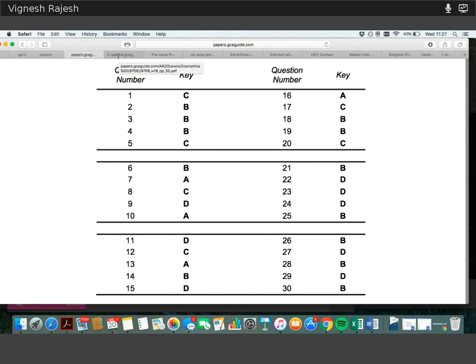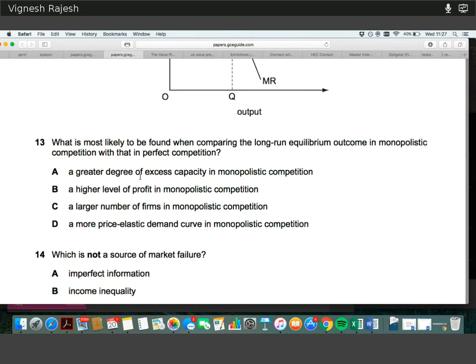Oh no, that's not right. Oh, sorry, no. Okay, this is actually my fault. It's not a monopoly per se. It's a monopolistic competition, and that's again similar to perfect competition, except there's a greater degree of product differentiation. So yeah, I can see why the answer in this case is